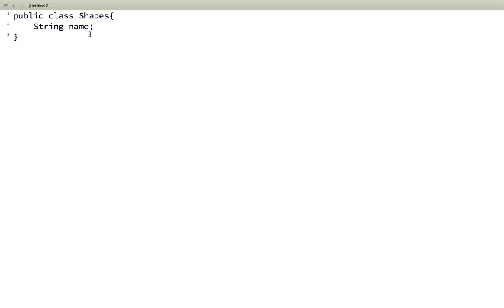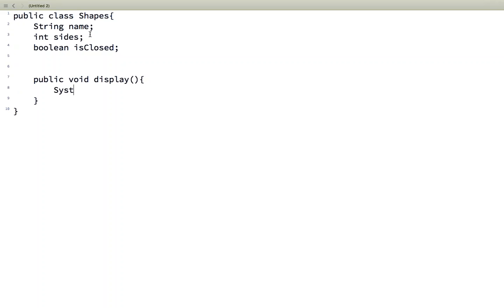So what do we have again? String name, int size, and what else? Boolean isClosed, and anything else? Is there anything else that we want to put? Okay, let's let it be these three this time. I don't want to put any default constructor this time. I simply want this method, public void display,